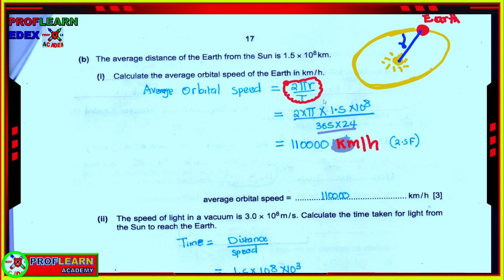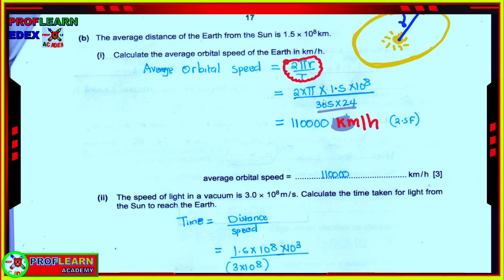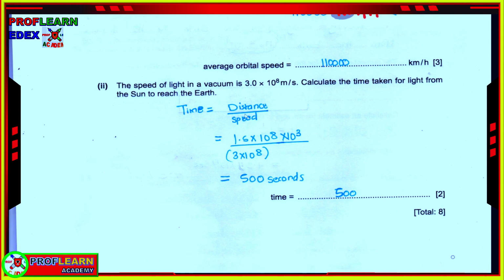So we are going to use the formula time is distance over speed, because speed we know is distance over time. If we rearrange this formula, we get the formula that we have at this point. Applying this formula with the distance 1.5 times 10 raised to power 8, in order to get the time in seconds,